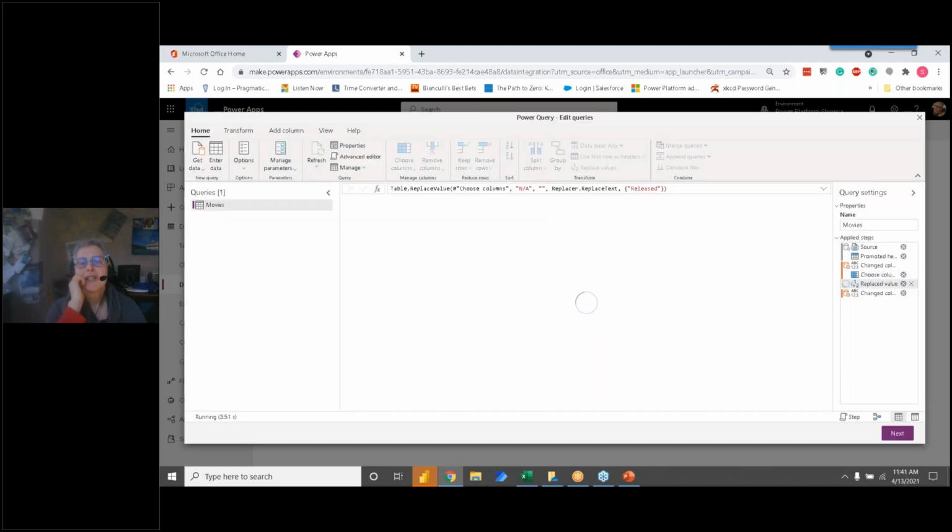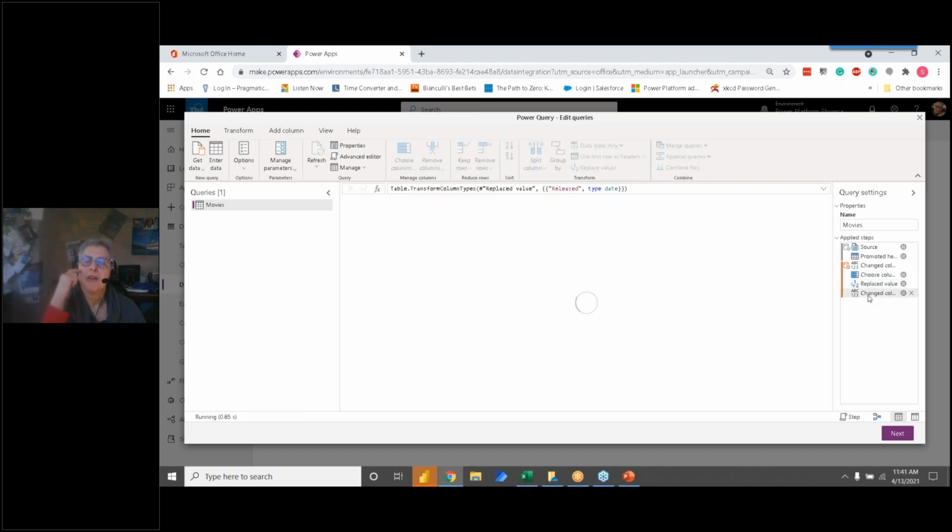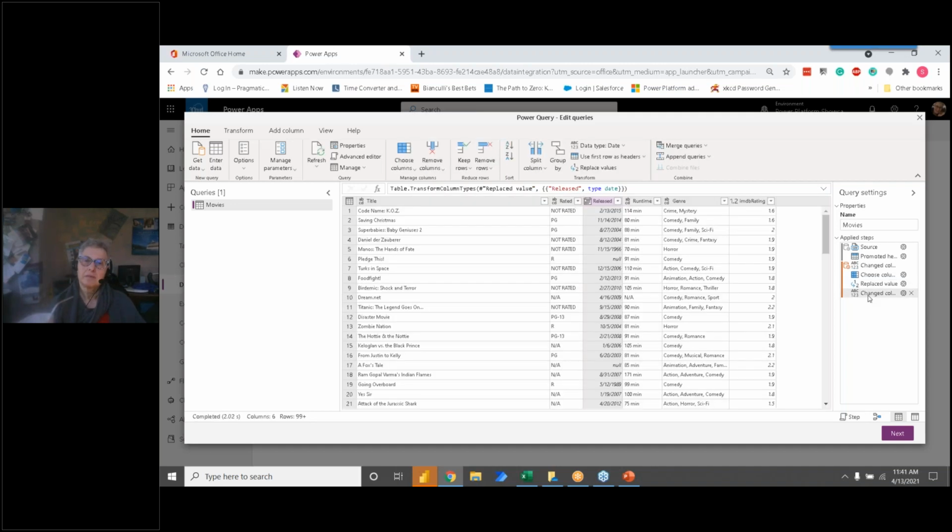And so now I should have null where the NA was sometime soon. And so that's what I have. And then when I go to that last step, I think now instead of error in that last step, I'm going to have null. And that's what I have. Perfect. So now I have exactly what I want. I have a date type and I don't have any errors.